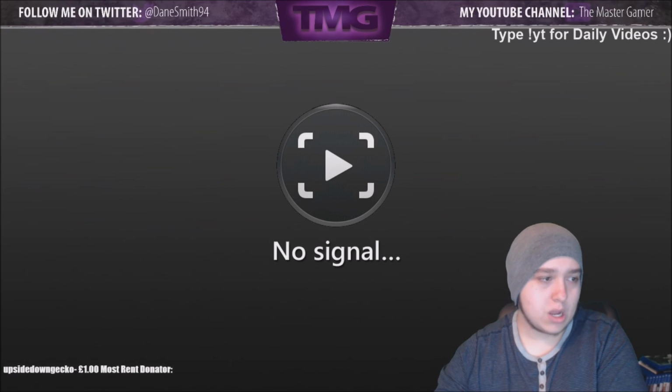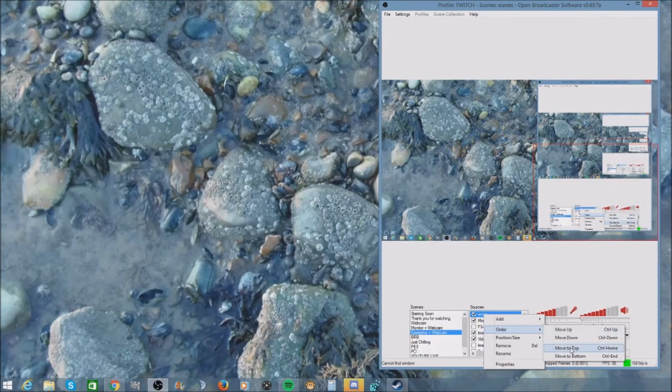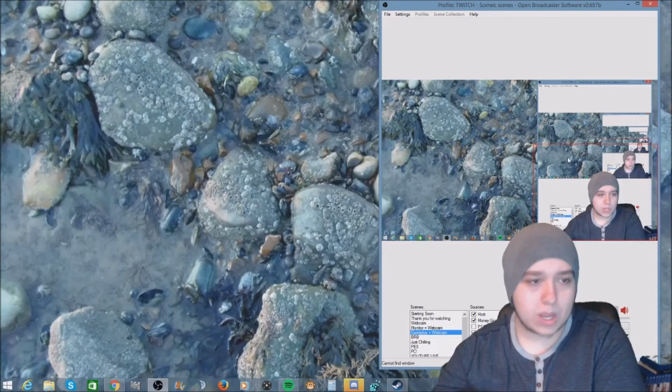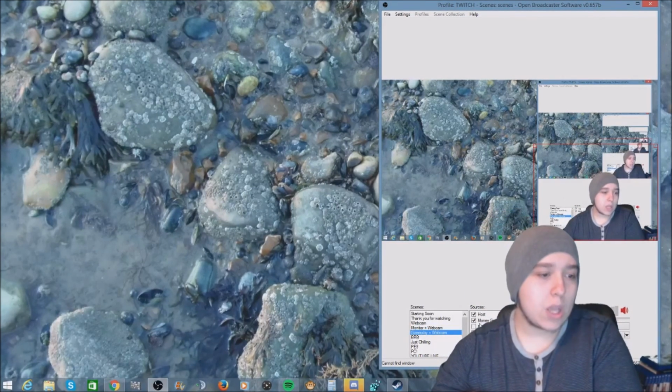Monitor capture. Monitor 1. Where are you? Webcam, there it is. Move to the top, there we go. So, as you can see, I'm not as fuzzy as I was before. And the settings I use for my lovely